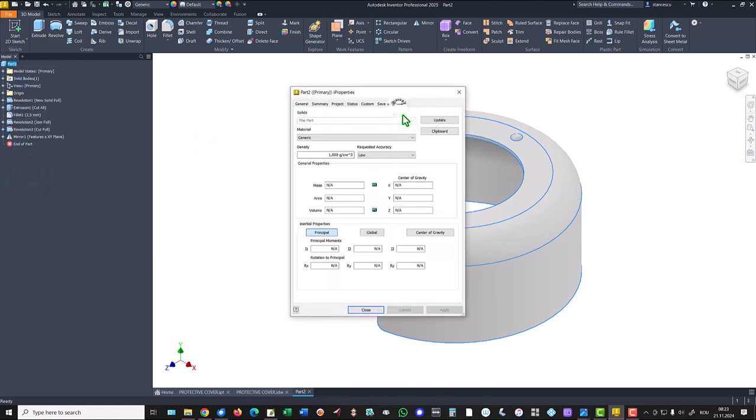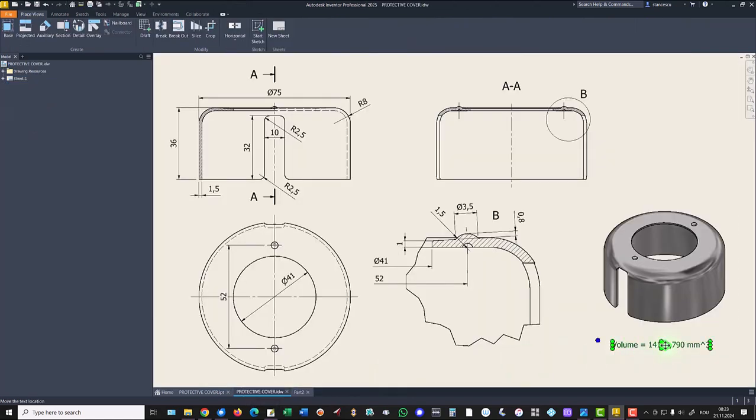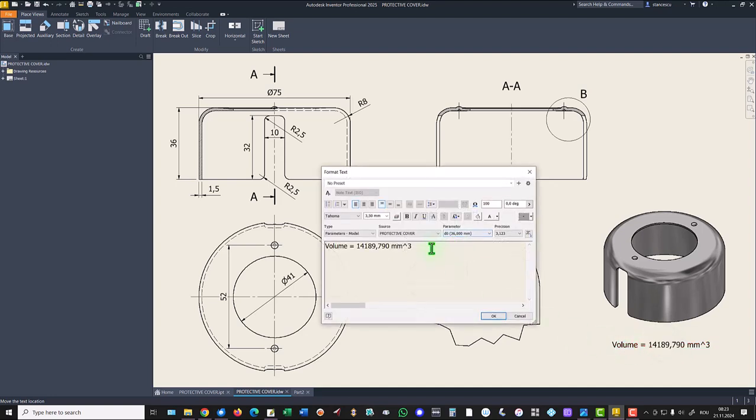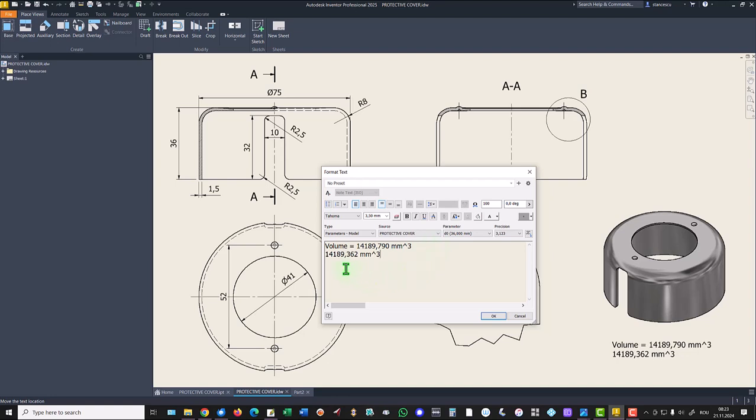Properties, physical, update, copy, close, drawing, double click, and there is a very small difference. We keep the new value because this is what we did here,